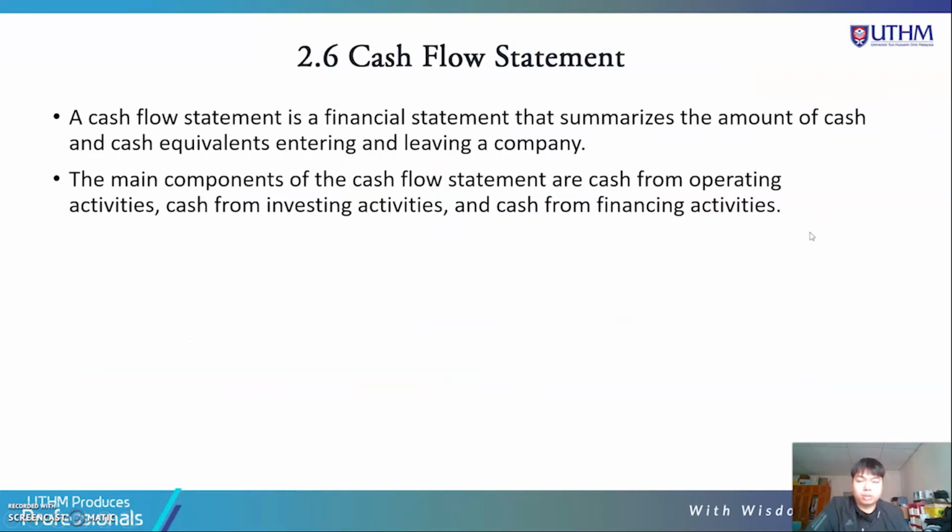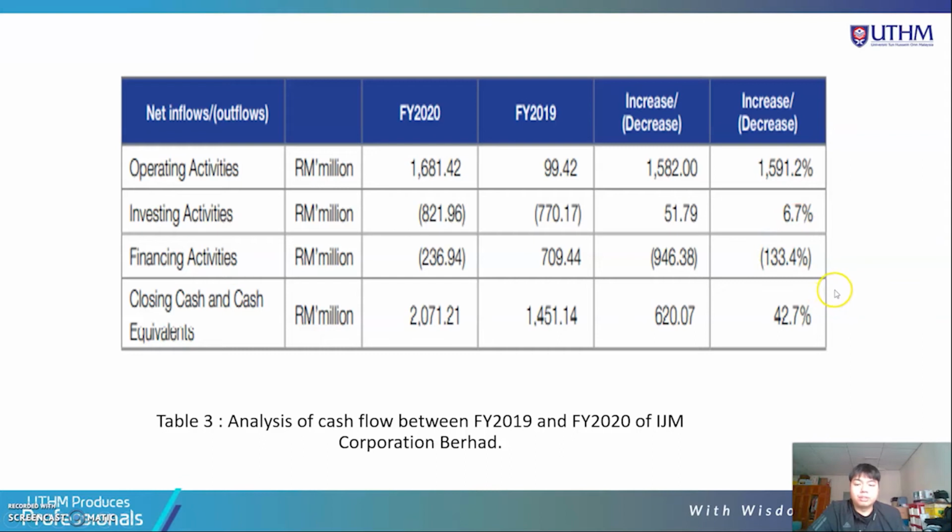So next I will go to the cash flow statement. Typically, a cash flow statement is a financial statement that summarizes the amounts of cash and cash equivalents entering and leaving a company. The main components of the cash flow statement are cash from operating activities, cash from investing activities, and cash from financing activities. The table shows the analysis of cash flow between financial years 2019 and 2020